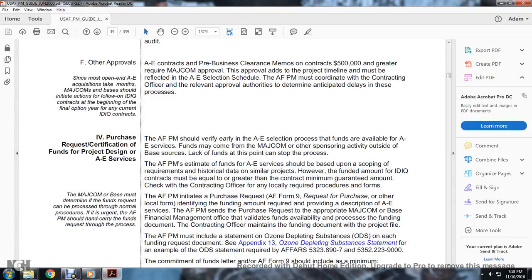The Air Force management initiated the purchase request. An Air Force form requests the purchase, along with other local information. A local form identifies the funding and the amount required, provided with the description of the A&E services for the Air Force program, and is served the purchase request from the appropriate major command and base financial management office